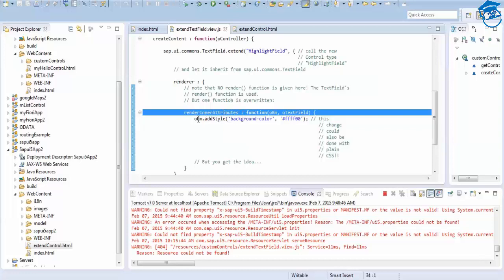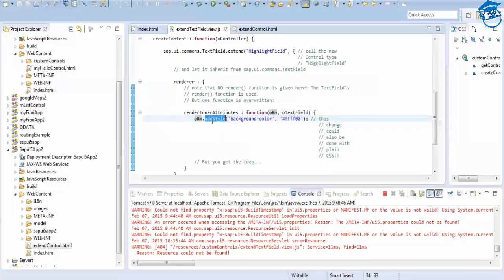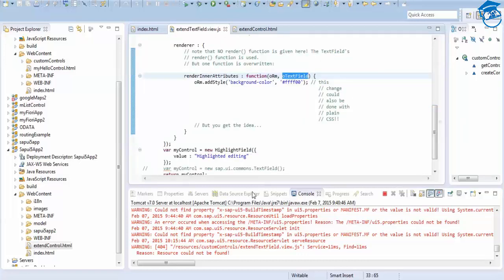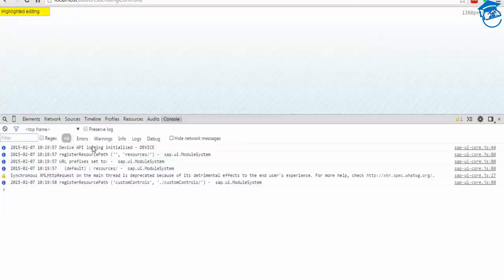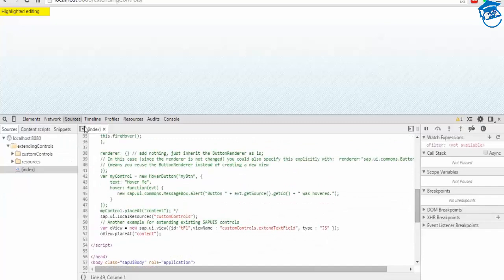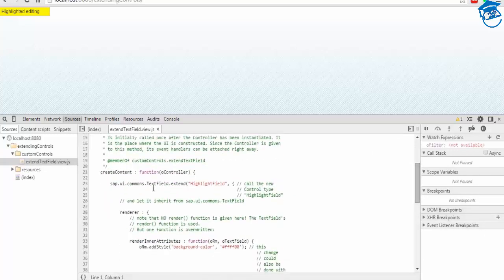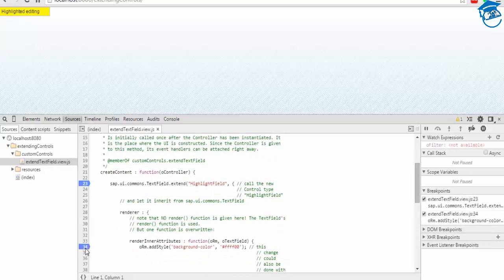So how are you going to add it? It's oRm and add style, and this we will get. So oRm will be a reference of all the properties related to this text field, and then this oTextField comes. oTextField is nothing but the output. So when we go here, I'll say wait. When I press F12, once I load it, I'll see that there are no breakpoints, and I put a breakpoint at the exact place. So in the extended text field view, inside this I'm going to put a breakpoint, and here on the 34th line I'm going to put a breakpoint. So when I refresh this,